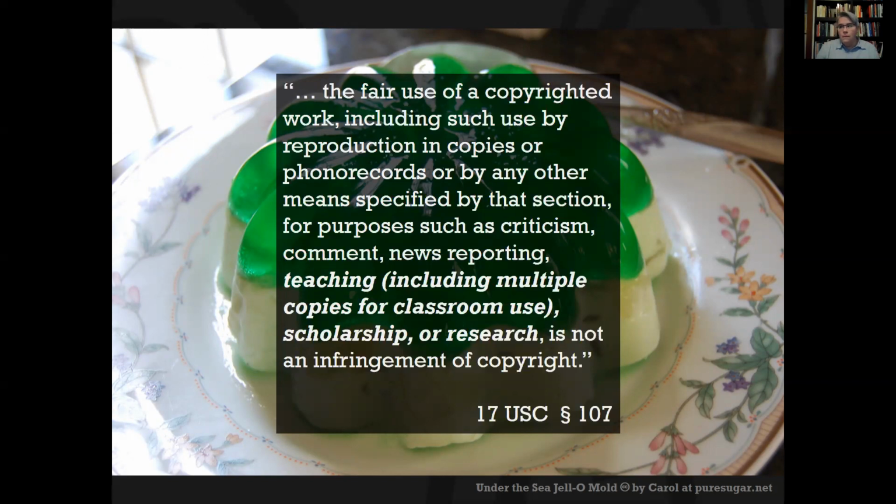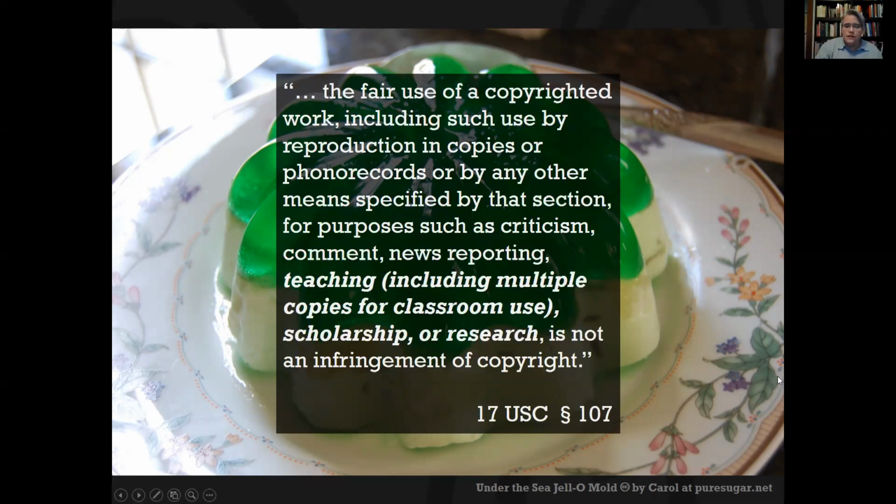For example, now that we have a bunch of digitized text, a lot of people are doing computational text analysis: throw a huge bunch of digital text into a computer and have it analyze how people use words. And you can learn all kinds of new things that way. That's not something you could have predicted was going to be a research area many years ago, the last time fair use was updated in the statute. So fair use is meant to be flexible on purpose so that we can react and do new things as new disciplines and new technologies develop. I kind of like it, it's kind of cool.